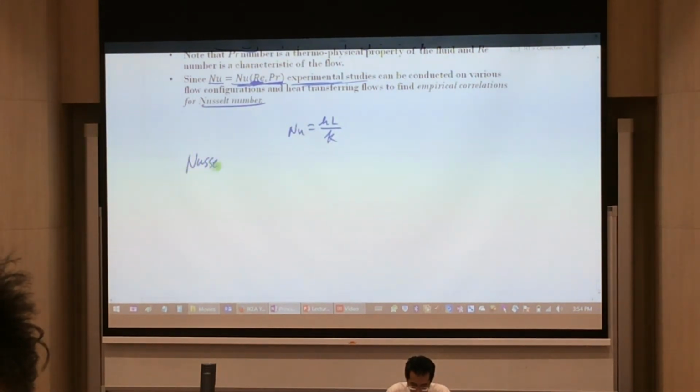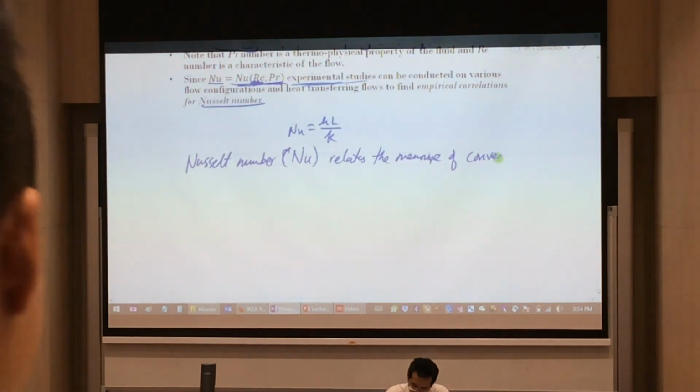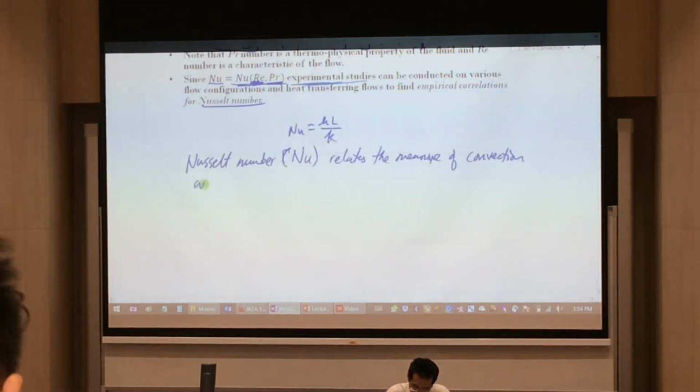Physically, Nusselt number, given by symbol N and small letter u, relates to the measure of convection and conduction in a flow,